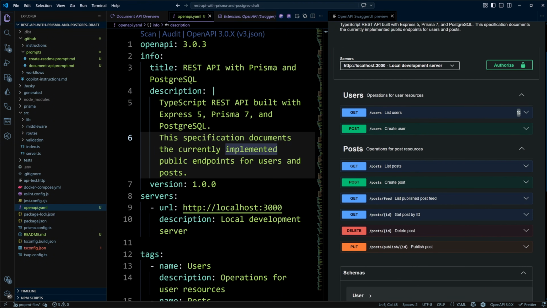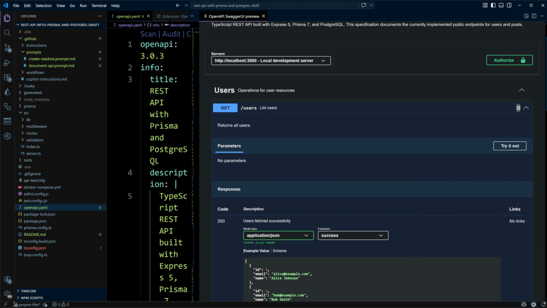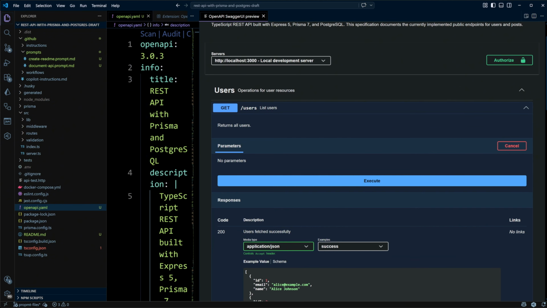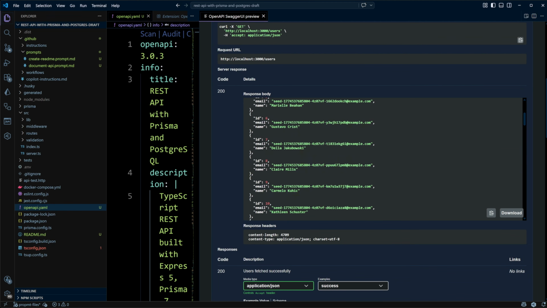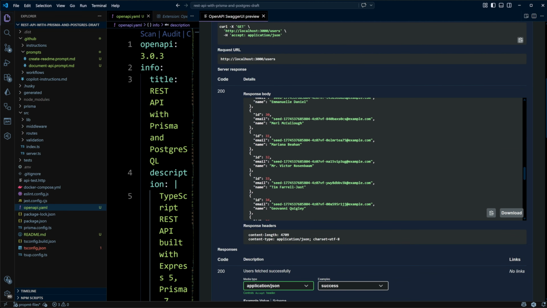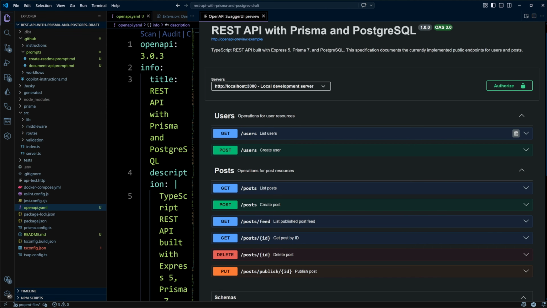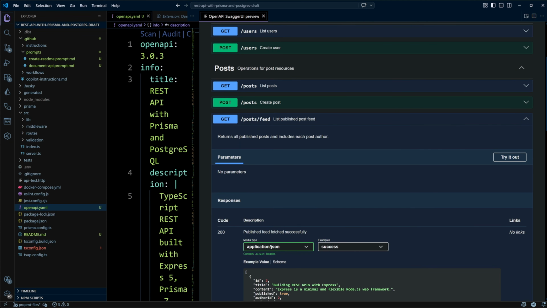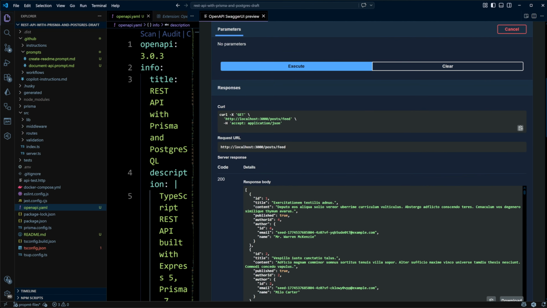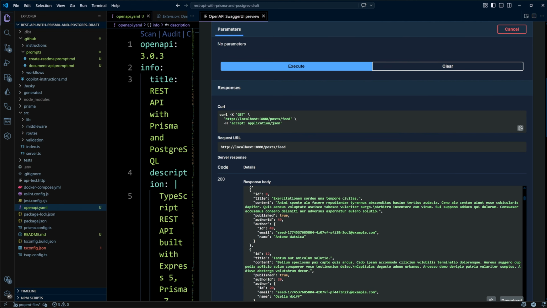Let's go ahead and make a request to get users. Let's click on try it and execute. And it looks like we got a successful response. We got the body with the users that we have in the database. In the same way, we can test if we can get a post, or we can even create a post, or get the feed. The feed is simply published posts. We can just try it out and execute, and we can see there is a list of the published posts